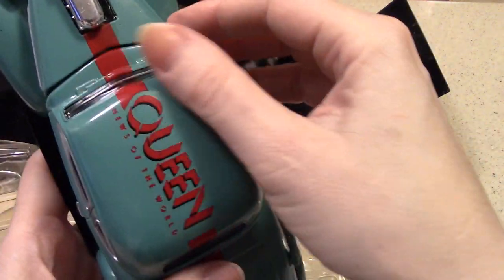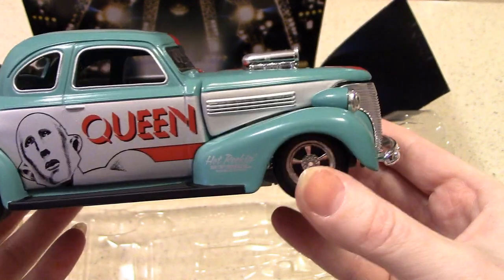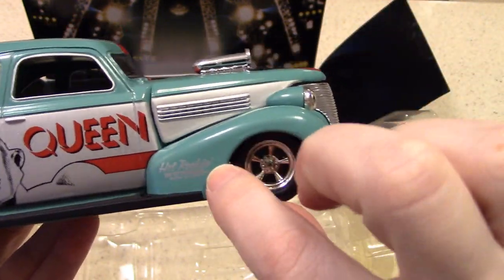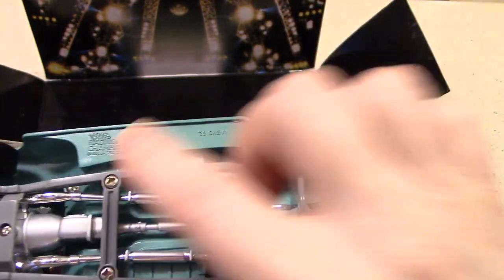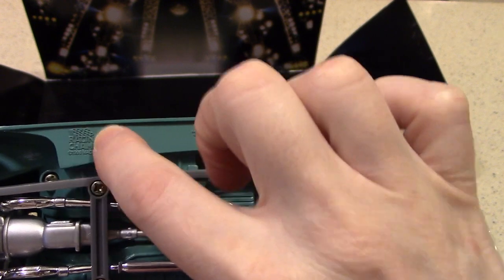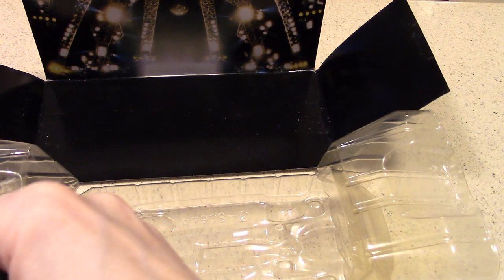Love it. The turquoise blue is pretty close to the greenish color of the album. Again, on the other side, the logo for Hot Rock and Steel. And turn it over. Racing Champions logo imprinted there. And it says, oh boy, this is taxing my eyes, 38